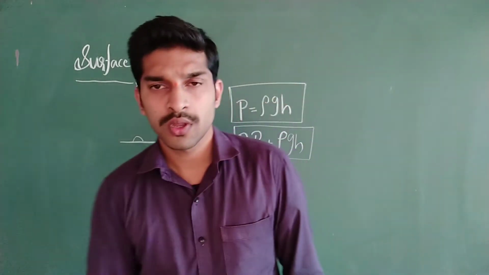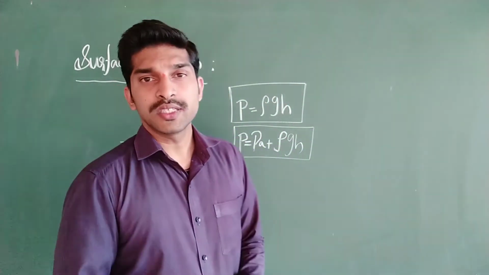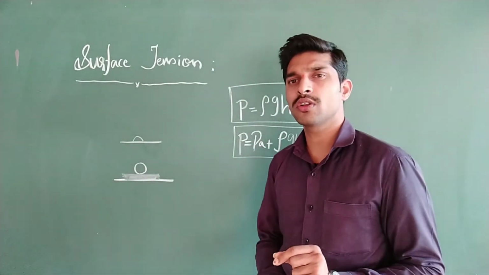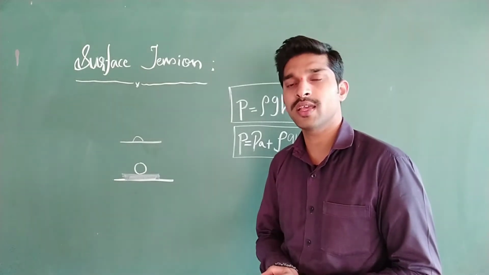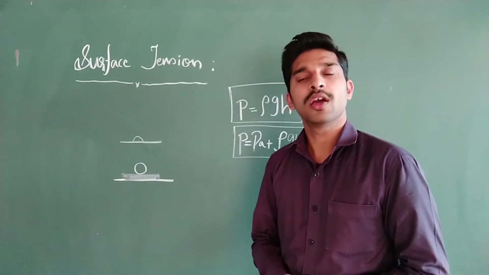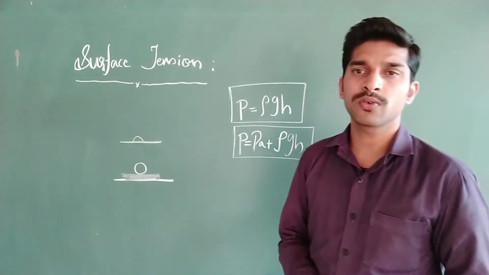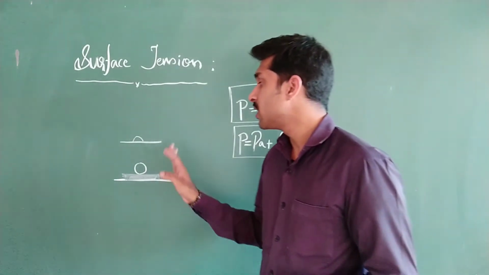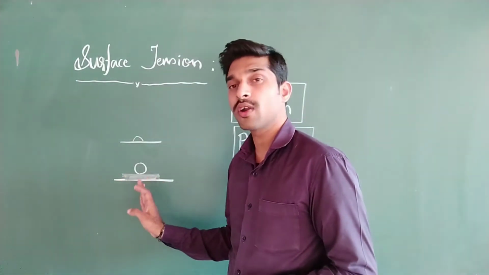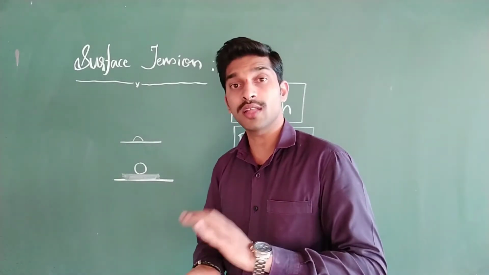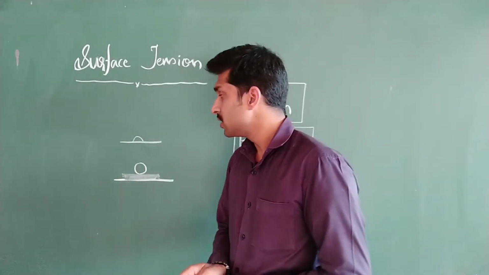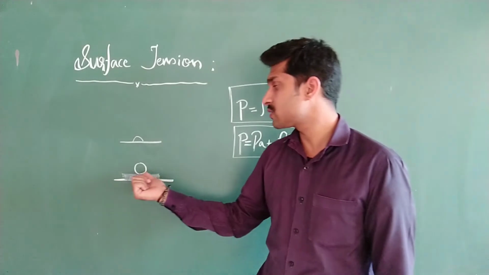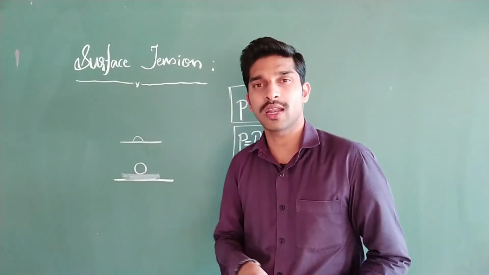Clear? So our main intention is this: the behavior of a liquid depends on the nature of the contact as well as the acceleration due to gravity. No doubt it depends on the acceleration due to gravity, but there is a special property we are going to discuss, how the liquid is in contact with other particles or other objects. Clear? So this is all about how water drops form on a greasy surface or on a glass surface.